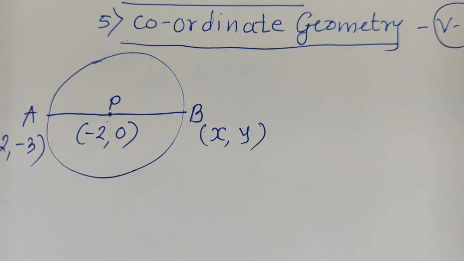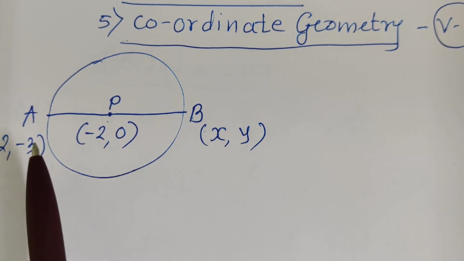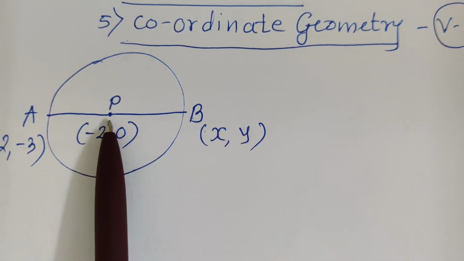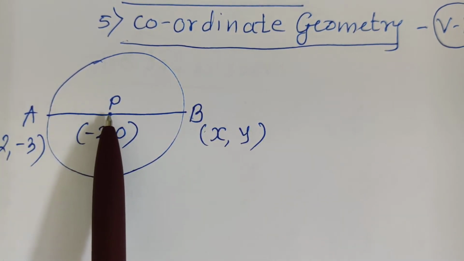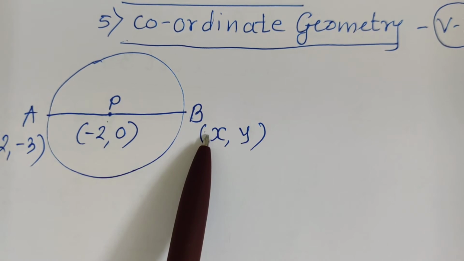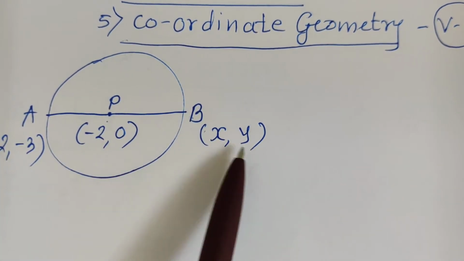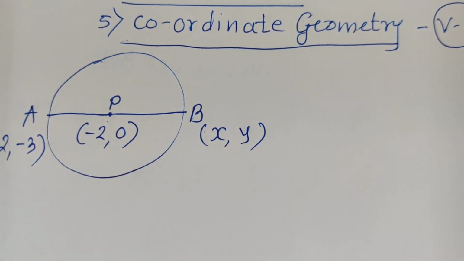So this way, first you should make clear what is asked and what is given. Then you can use the formula. Before solving and using the formula, you should decide what you are going to use and why. Here a circle, diameter and center are mentioned in the question. So the center is the midpoint of the diameter, and so the midpoint formula will help us get the coordinates of point B.